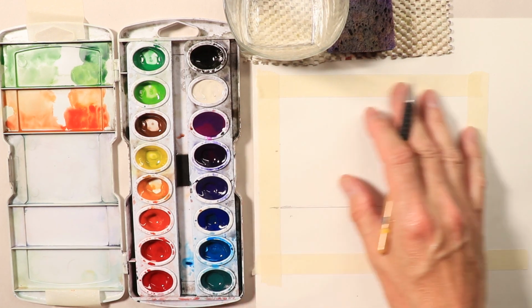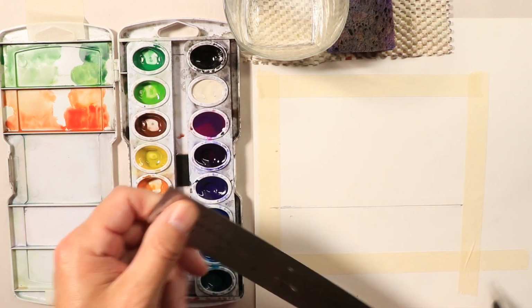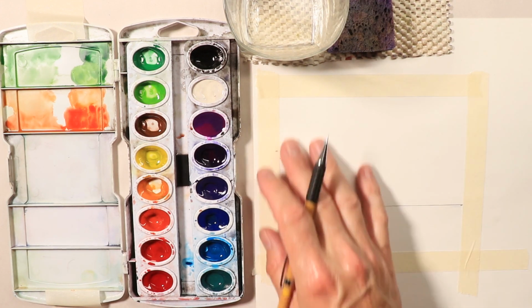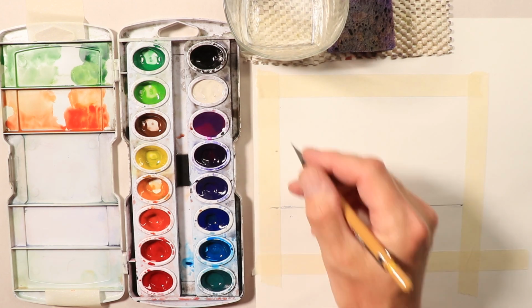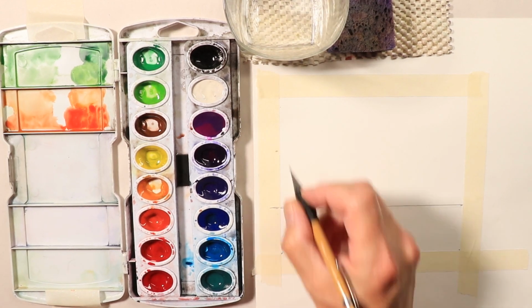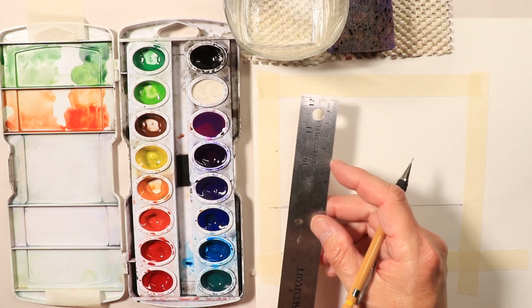You'd want to make sure your tape is all straight too. You wouldn't want to have your tape going off in all different directions like this and like this. The best way to do it is to draw your square first and then put your tape around the square, or you could even just make 4 points around your paper, 4 dots. So you could start off with your paper and say, okay, I'm going to make this